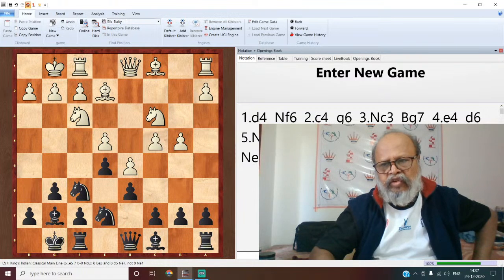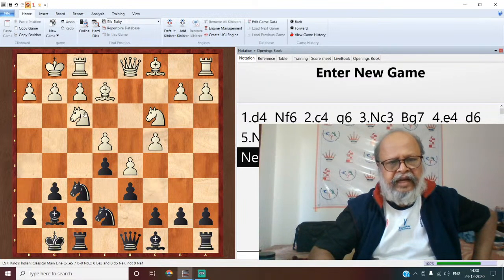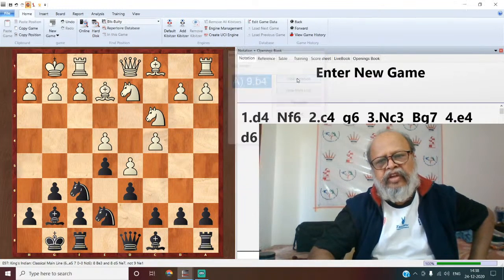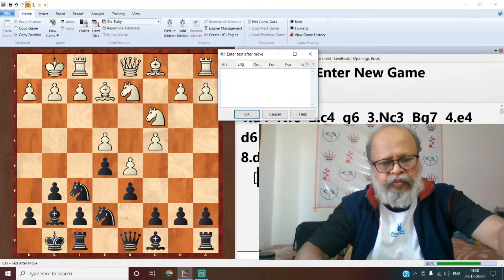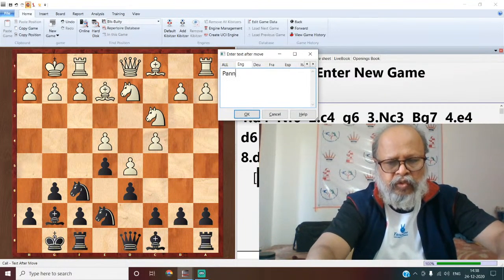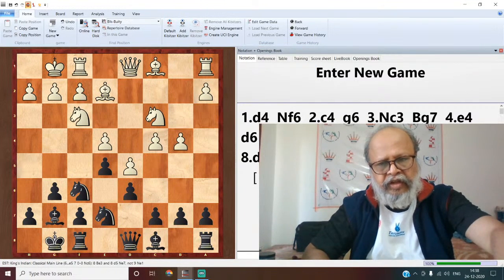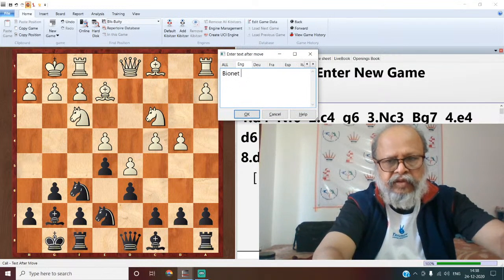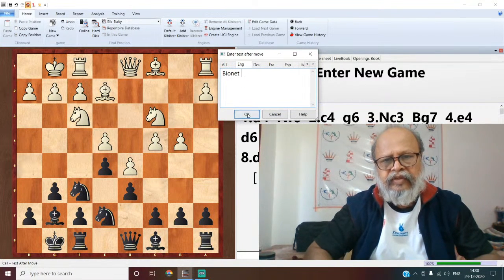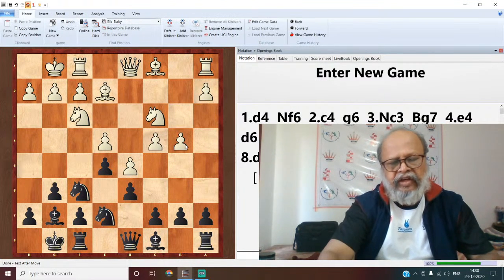Then I will also discuss here knight d2. Here knight e7, knight d2. This is known as the Panno variation, P-A-N-N-O, Oscar Panno. Panno variation. And this is known as the bayonet. Bayonet variation. Okay, and then there is another line here,